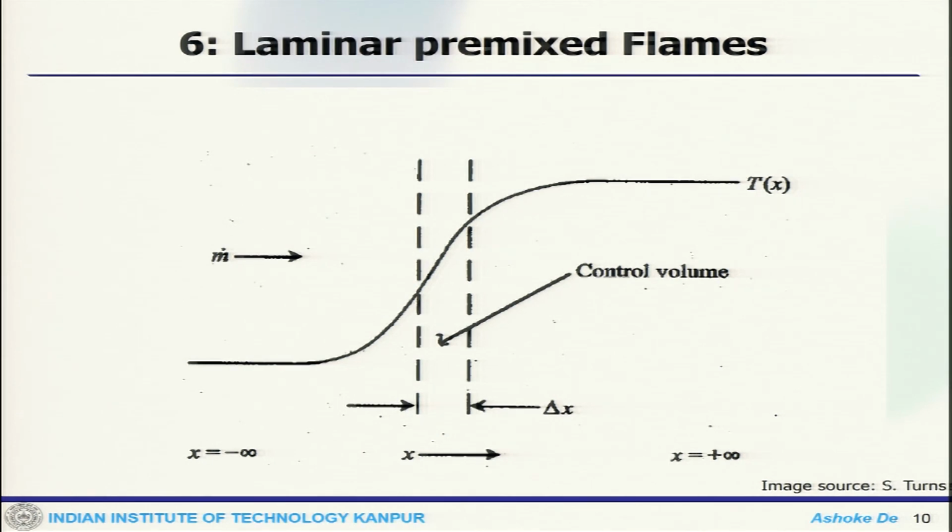Now, if we look at the picture, this is how we define it. We said one dimensional, so this is a one directional coordinate system. We take a small infinitesimal distance in that flame front, that is delta x. This is the amount of reactant mass coming in. Essentially this is my control volume, and this is the temperature rise. Anything that we get will be a function of x only, because this is assumed to be one dimensional.